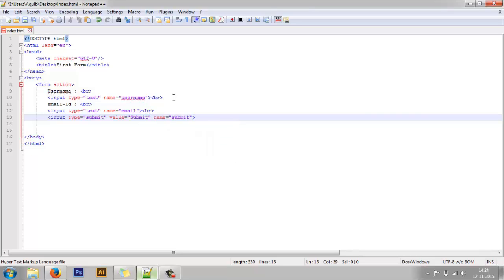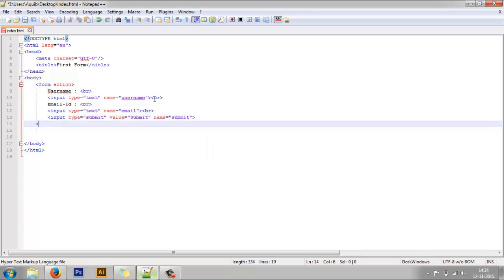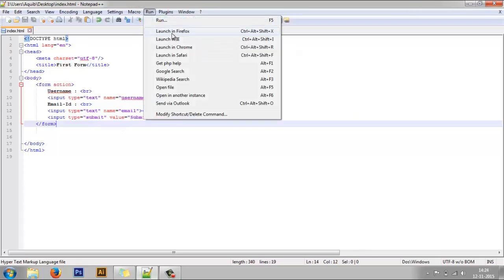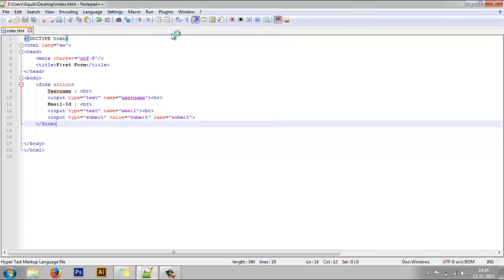Right, so we have a very basic decent form setup here. We close the form tag. Alright, so that is how we make a simple form. Right, so let's quickly see how this form looks in the browser. Right, so there we go, we get a username and email ID, a decent form setup here with the submit